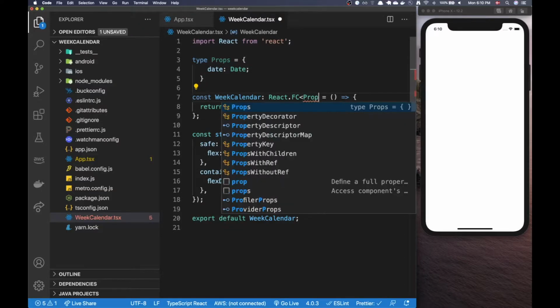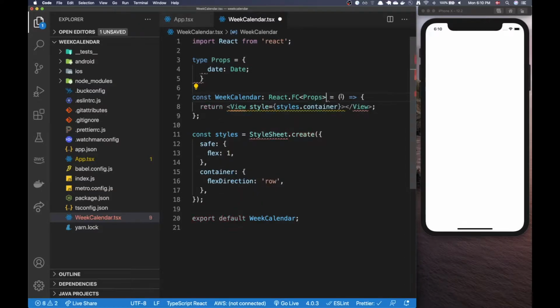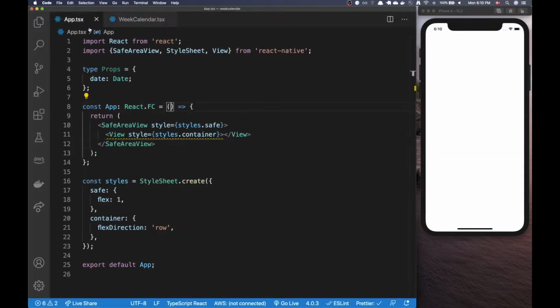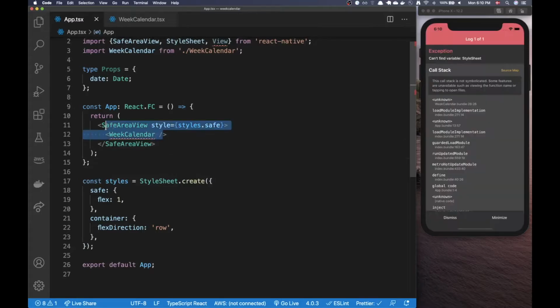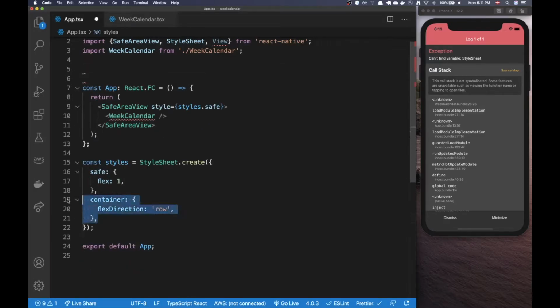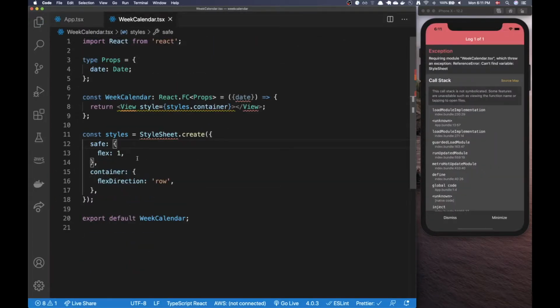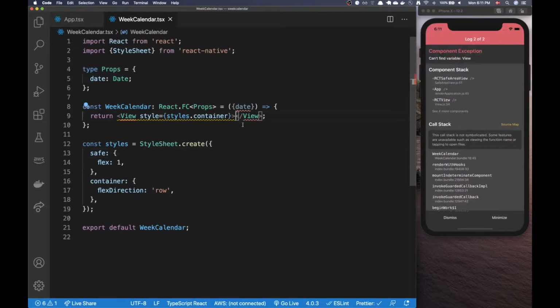Alright, let's see, props. Okay, and then the date here. Okay, a lot better. And then go back here and just render out our week calendar, because then we can actually pass in the props from here, and that's gonna be a little neater. Remove styles we don't need. Go back here, import this style sheet, and okay, good to go,